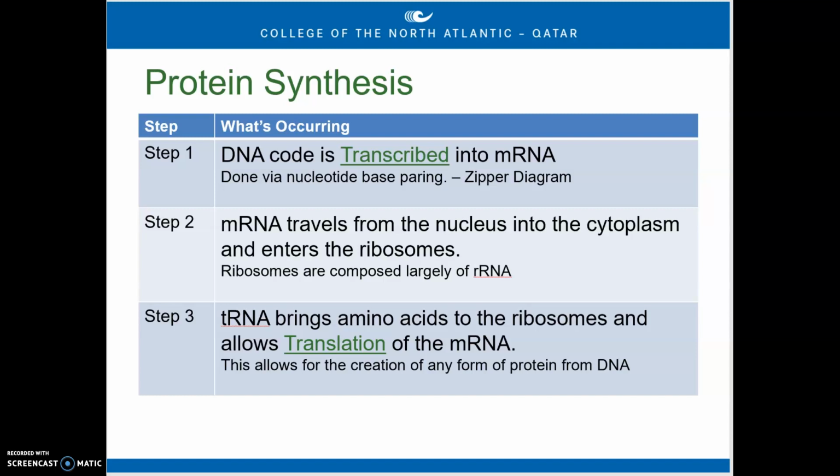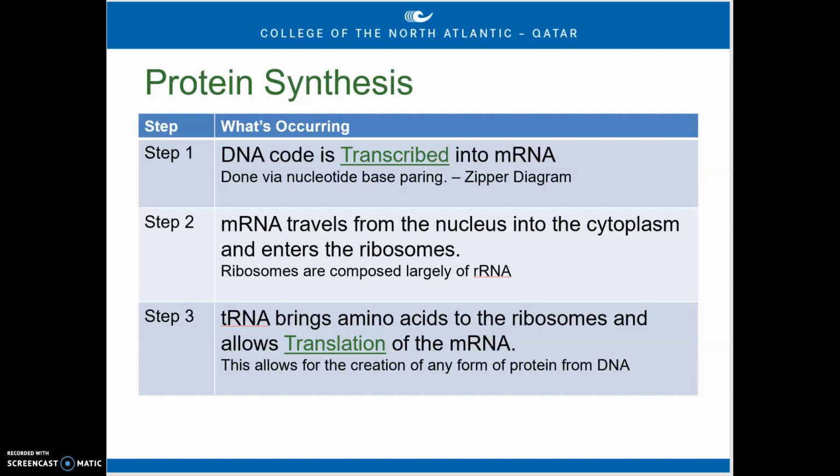Now, that's called transcription. In step two, the mRNA is going to travel outside the nucleus, so it's taken the instructions from the DNA. It's going to travel outside the nucleus into the cytoplasm, where it's going to find and attach itself to a ribosome. Now, a ribosome is a non-membrane bound organelle. It's made up of mostly ribosomal RNA,